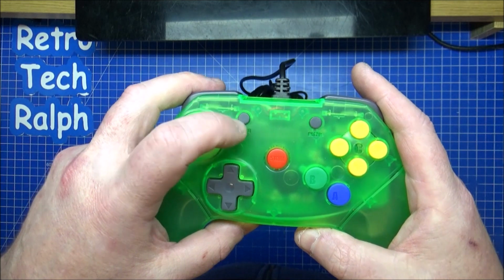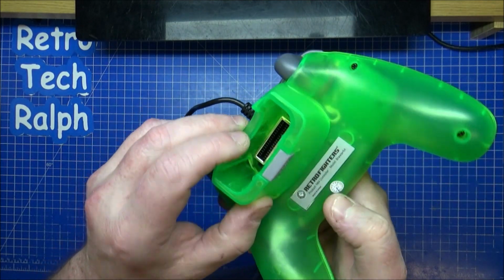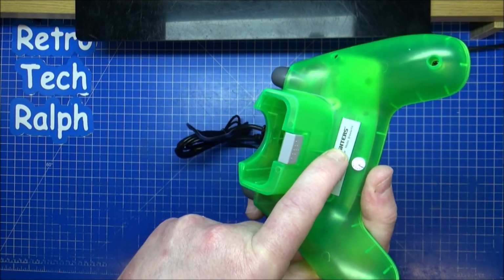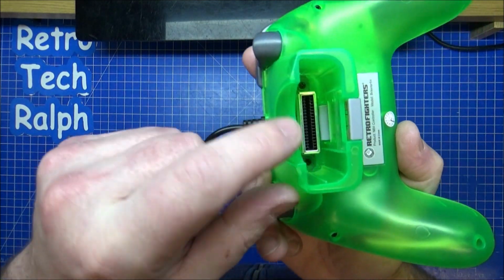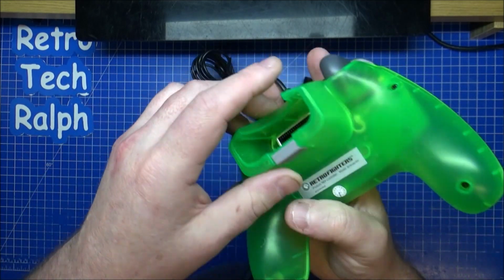Oh, there's a turbo button as well. Down, left, right. So that's really good. Don't even really need to take this to pieces too much, to be honest. And there's a warranty sticker on there as well. But 1, 2, 3, 4, 5. I hope that isn't one there. Definitely 5, and then 2 more inside, like the original one as well anyway. So you can fit a rumble pack or memory card as well. So it's very much similar to